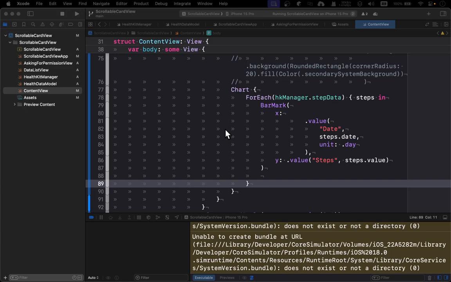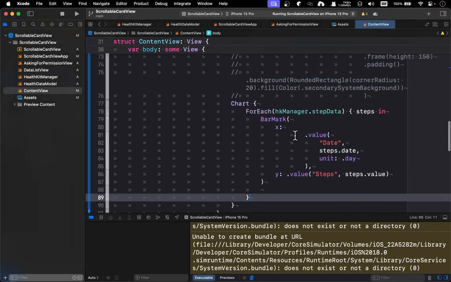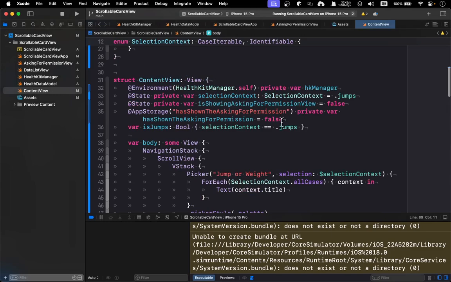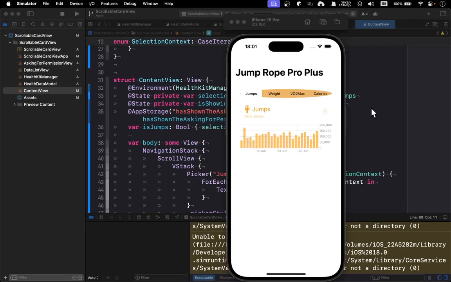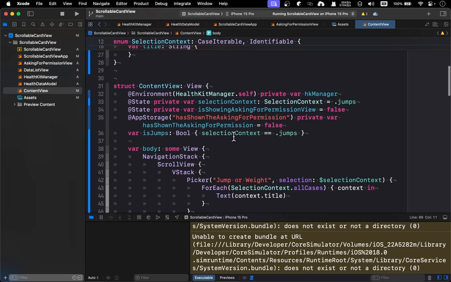So for example, this step, right? I use step as a placeholder for the jump, because in order to achieve jump, you've got so many more things to do rather than just simply getting that API data. But right now, let's just use the step as a placeholder. Okay. So in order to actually get this